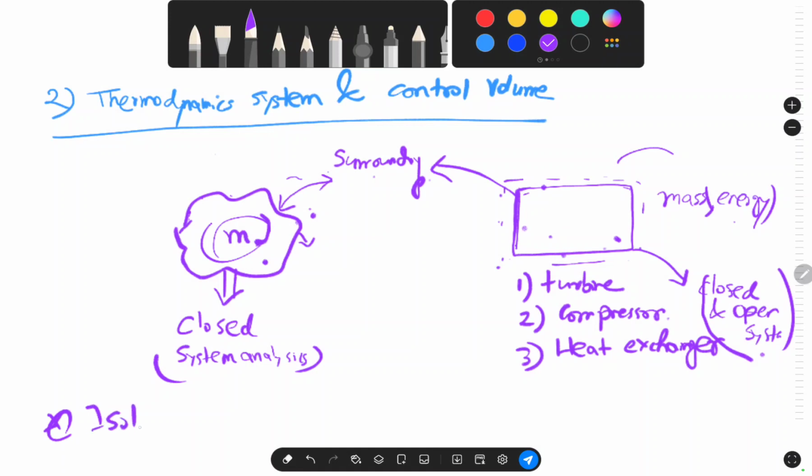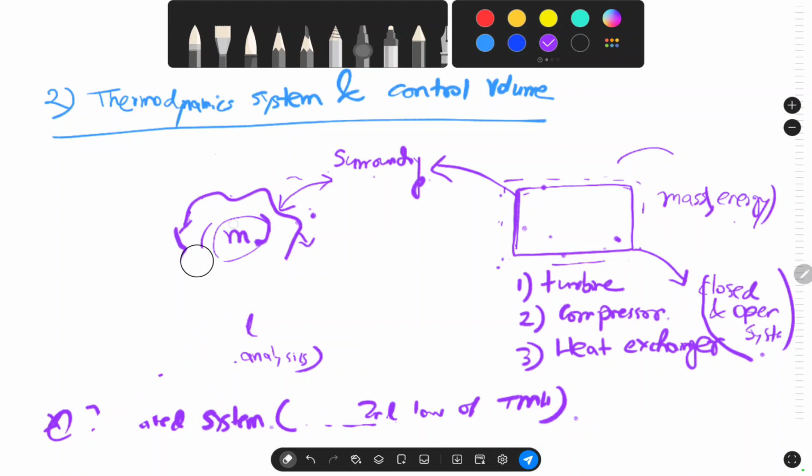Isolated system. That is also an important thing that comes in the second law, when we study the second law of thermodynamics. Okay, so in isolated systems, and another interesting thing I want to study here is